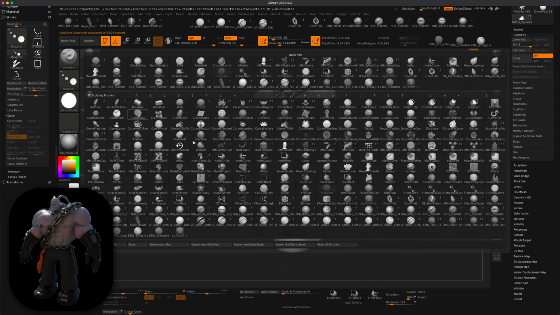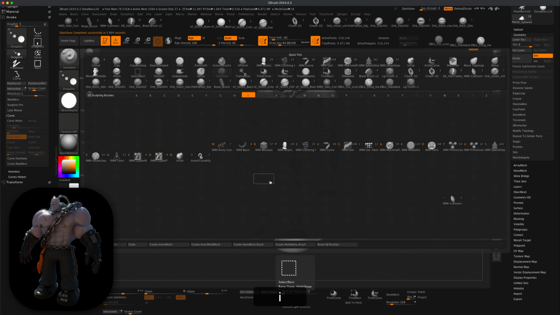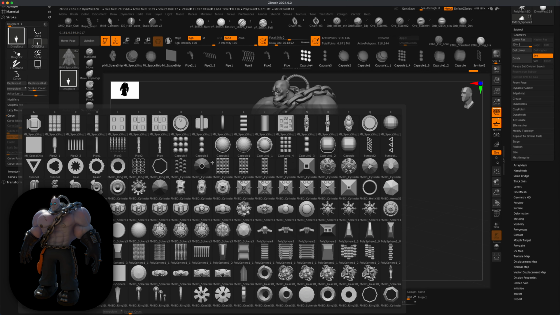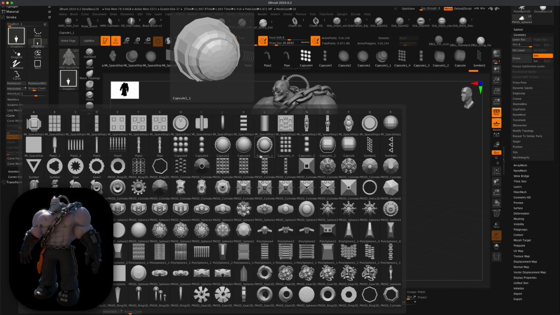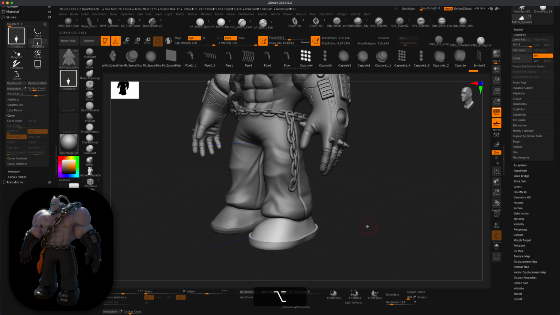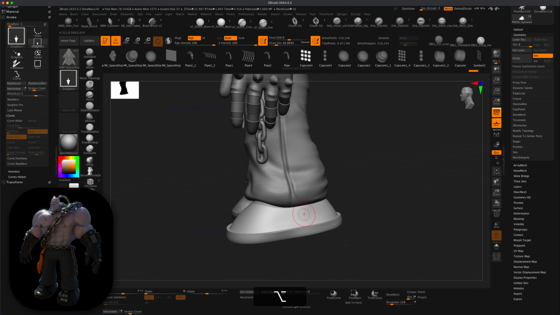So what I could do is jump into my IMM brushes. I'm going to press I, and let's just take a look and see what we have. Let's go into something called IMM Spaceship. And in here, if you press M, you'll have an ocean of incredible cool little things that we can maybe play with, right? So let's just try a couple and see if it makes sense for us to use maybe on the sci-fi shoe or something like that, right? So let me just grab this capsule 4, for example, and maybe on the side of this boot, right,